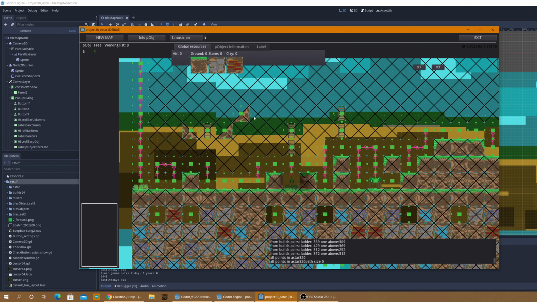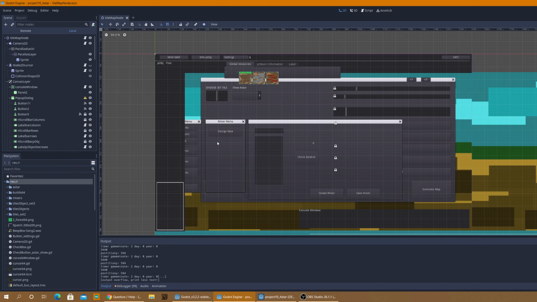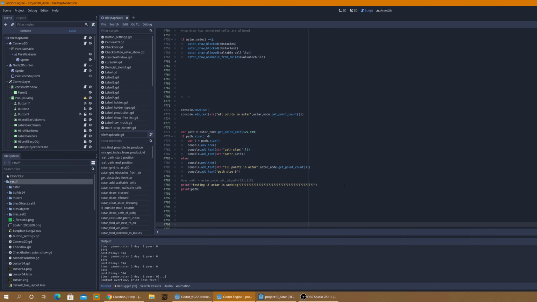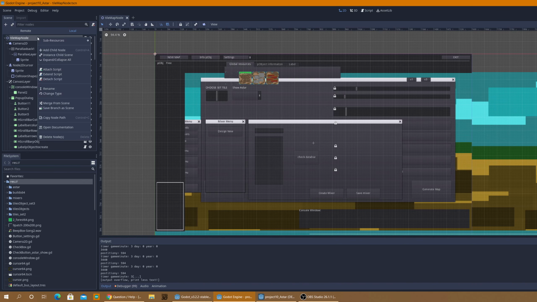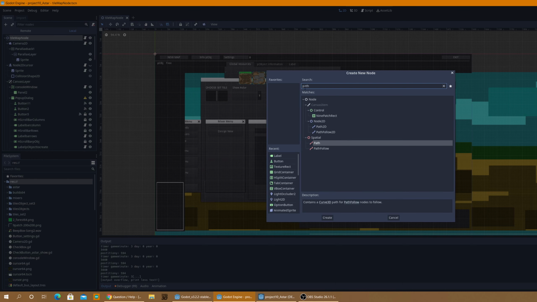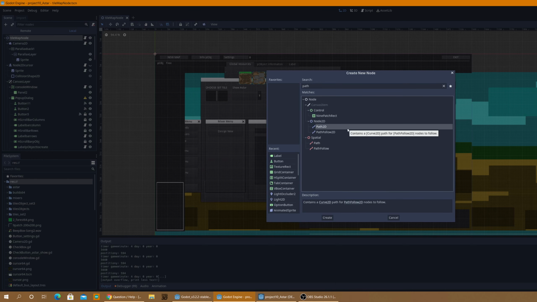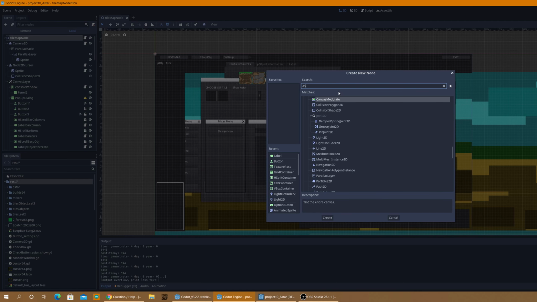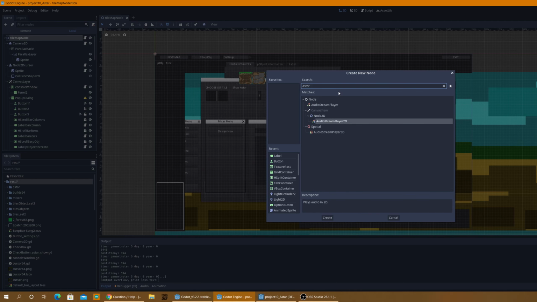Astar is a node in the Godot engine itself. You cannot find it in the nodes when you are adding one. Let's see, you are not going to find an Astar node. You are going to find Pathfinding 2D, which is different. It's not using Astar. To implement Astar you have to do it from the code. It's actually not that hard. So there is no graphical implementation; the node is there, but you cannot access it graphically from this menu. So to use it, I read a lot of instructions, a lot of help from Godot itself and the online documentation, and watched a few videos on how to